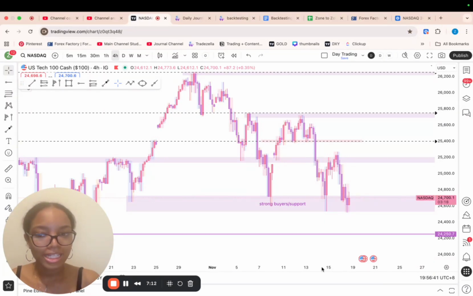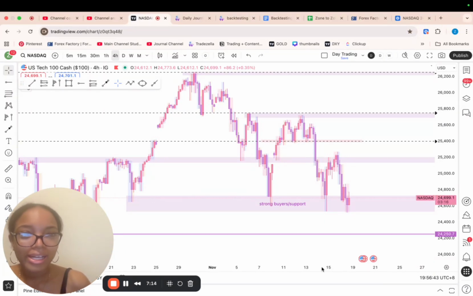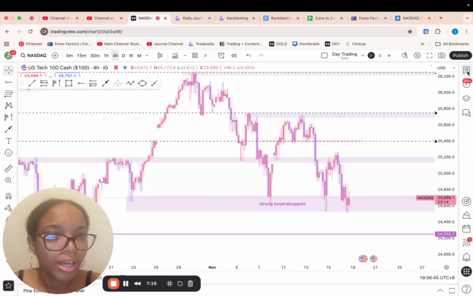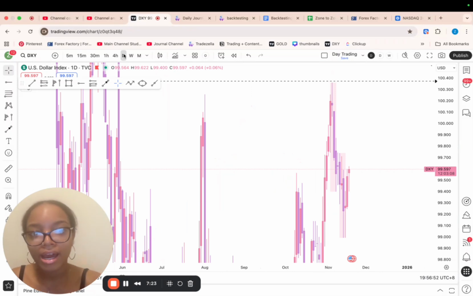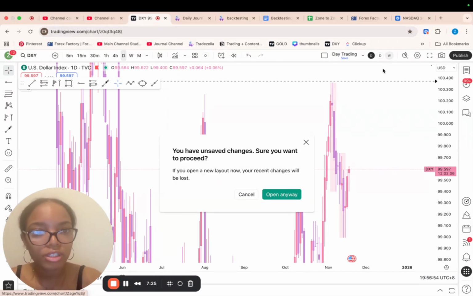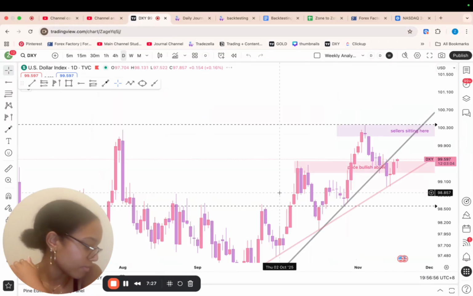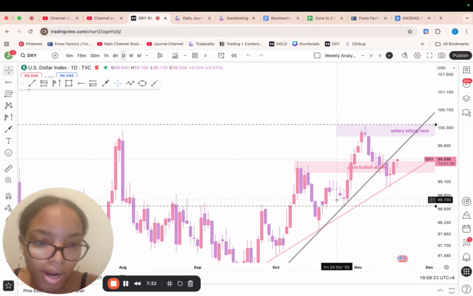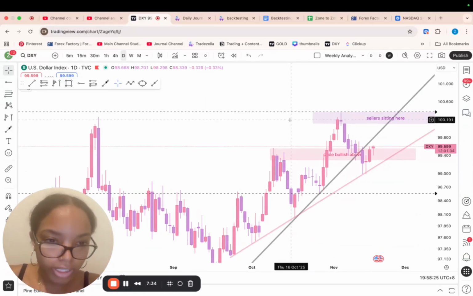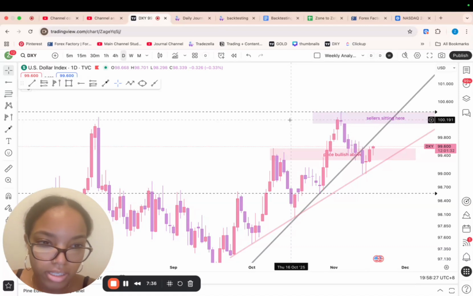We also could potentially be having a reversal on the DXY. I'll just quickly show that and we can analyze it a bit together. I want to be looking at the daily. I always like to keep with the high time frames on the DXY. Let's go to the weekly analysis that I've already done. Oh, hold on. Okay, looking at the DXY, you can see that price had been moving down, and it does look like it's somewhat reversing.